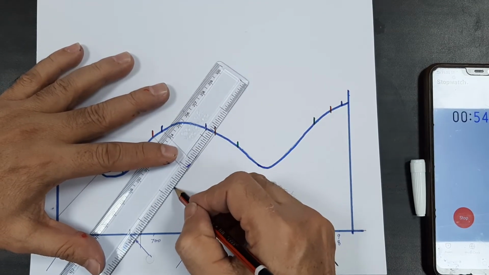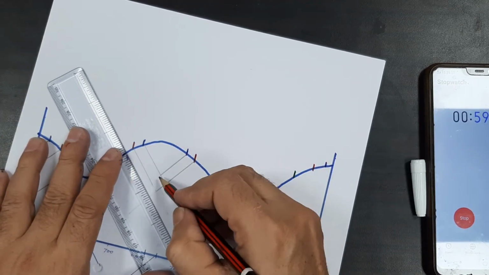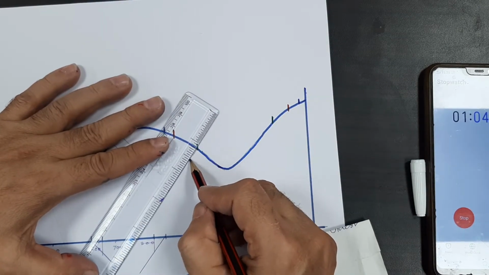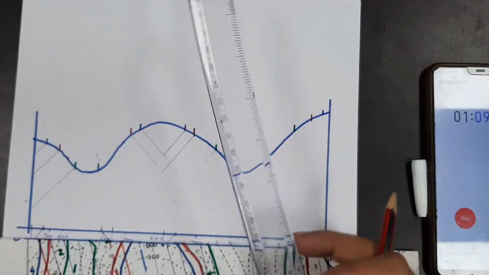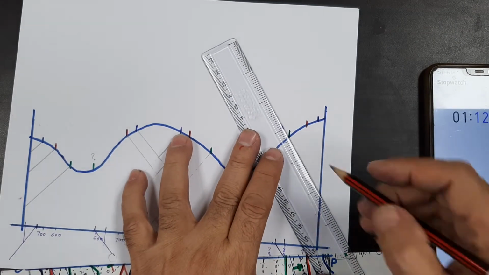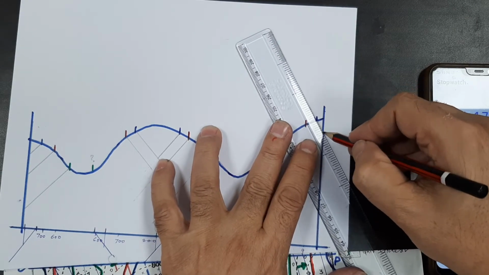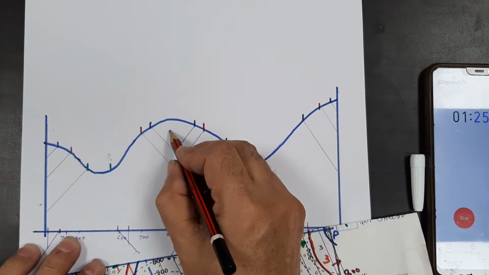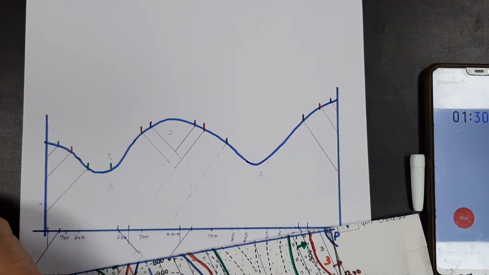Okay. You can extend it also, but ultimately you have to see what kind of features are coming. Here also this contact will go in this direction. After this, once you come here, then you have the angle of dip here. This contact will go in this direction, in this direction, and in this direction. So, if you see, the fold has started coming in. This seems to be a syncline and this seems to be an anticline. If you give the symbols,